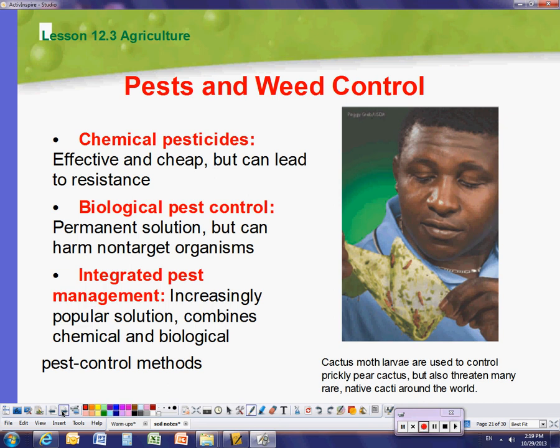So biological pest control, it's a solution to some of the pest problems. They use a bacteria from the soil on caterpillars and larvae, so they're using actually something natural from the soil. They're just harnessing it from it. And biological pest control will also bring in other predators that will kill the invasive species, but the problem usually becomes that the predators become invasive, just like the problem with the mongoose and the Norwegian brown rat. All right, integrated pest management is when you have a combination of all of these techniques. Usually it works the best, is when you have a combination of everything and you suit it to your situation.